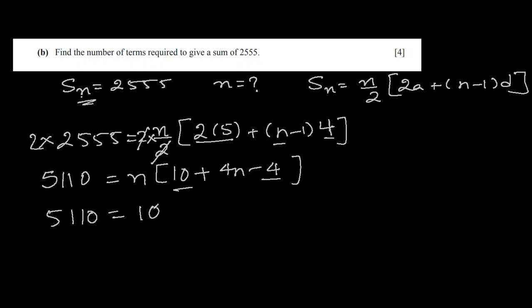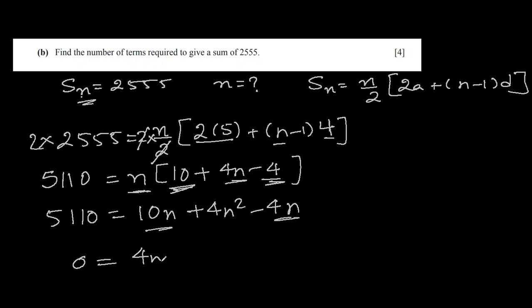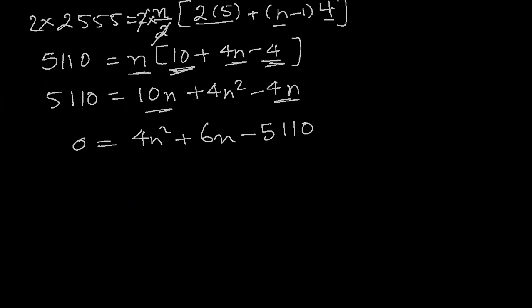5,110 equal to 10n, this 10 and this n multiplied. 4n plus n multiplied gives 4n square. And then minus 4 times n is minus 4n. 10n minus 4n will become 6n. So let's collect everything to the right side. So 4n square plus 6n minus 5,110 will be the quadratic equation, and we will find the solutions of this